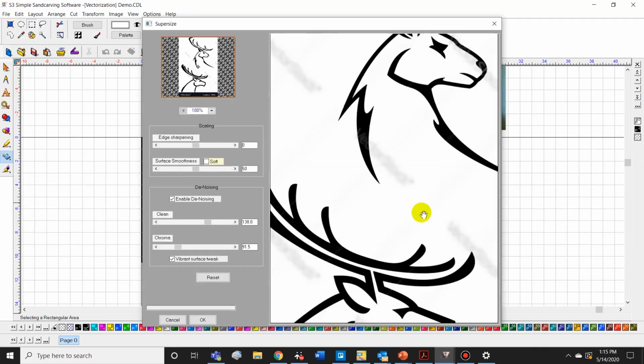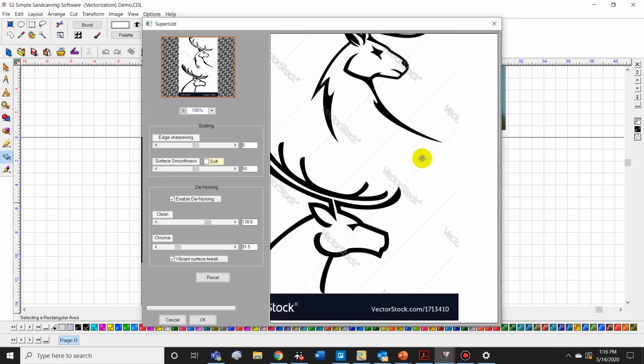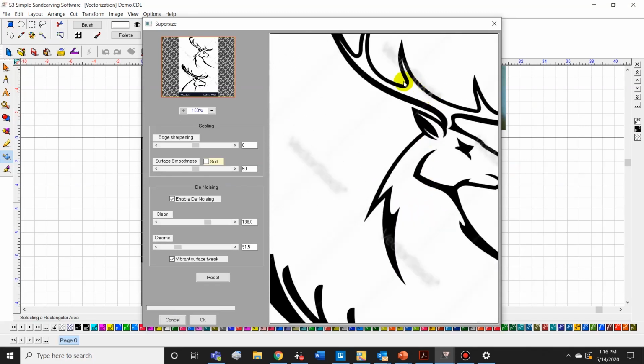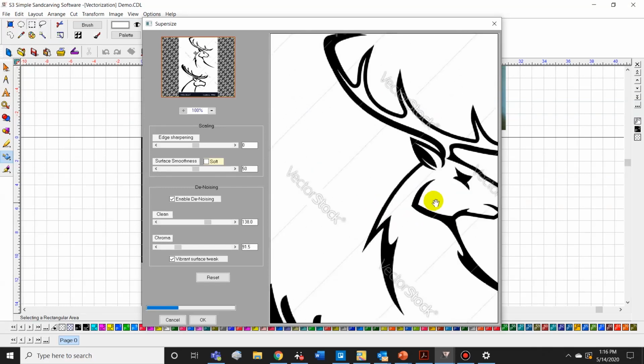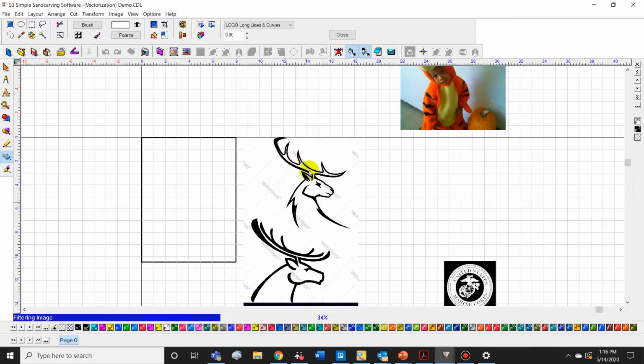Hit OK. Now the first thing it takes you to automatically is a program called Supersize that we have in here. And you see automatically, I'm going to move it, and you'll see it redraw and smooth that area out right away. So as soon as I put it in here, it wants to smooth this out without me changing any of the default settings. I'm happy with what I see, so I'm going to go ahead and say OK. Then it'll take me to the next step,